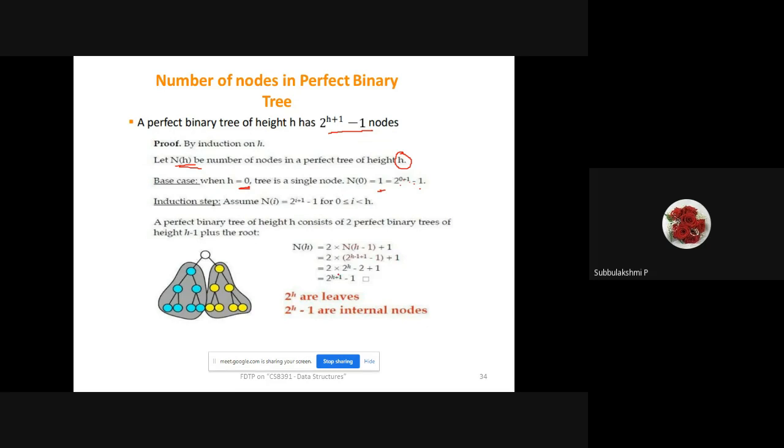Here you can see, because it is 2 minus 1, which is 1. Since the height is 0, we can go directly without even calculating: the total number of nodes will be the single node. Say for example, i belongs to 0 to h. The value that we are taking here for calculating the number of nodes will fall between 0 and h. The perfect binary tree will have two perfect binary trees of height h minus 1. So if the h consists of two perfect